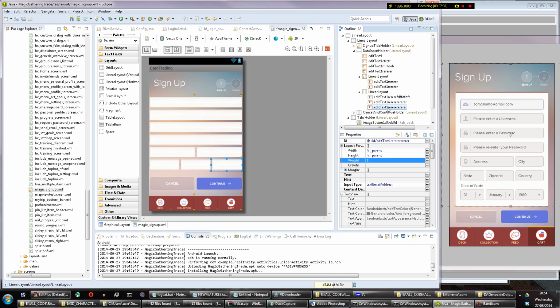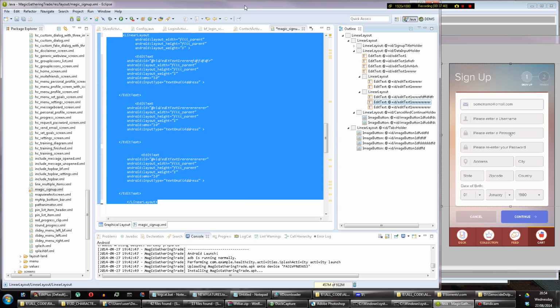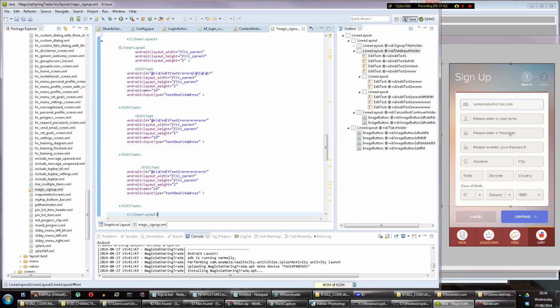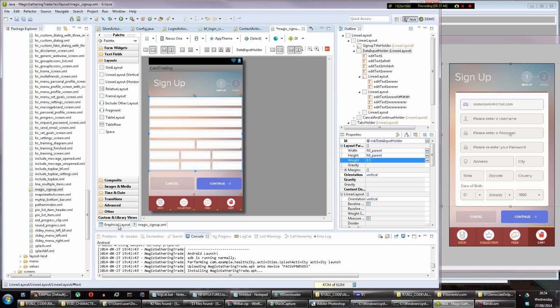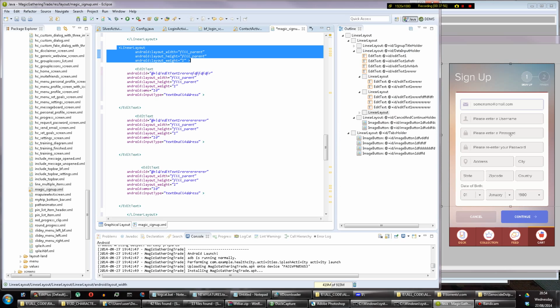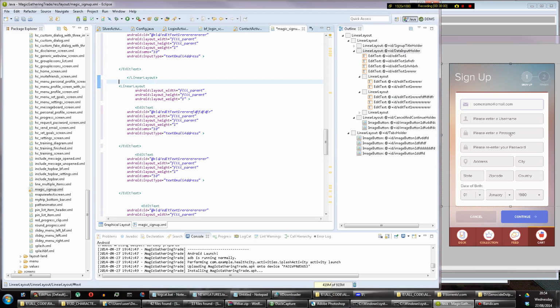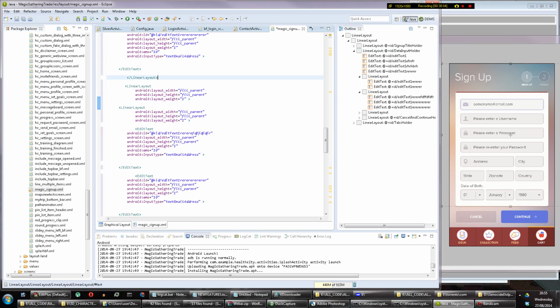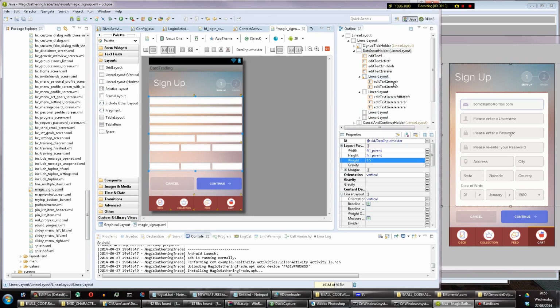Right, now we want the date of birth one, which is the same. So copy that, paste that, go back, and we're close. We actually want a line for the word date of birth. So what I'm going to do is just take that part of the linear layout there. This is for the text that says date of birth, and then I'm going to copy and paste it there, and then see where I am on the graphical layout. So we should have an empty linear layout. Yes, there it is. And then drag in just text view